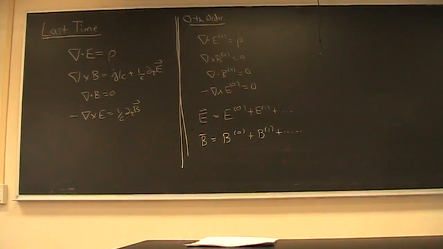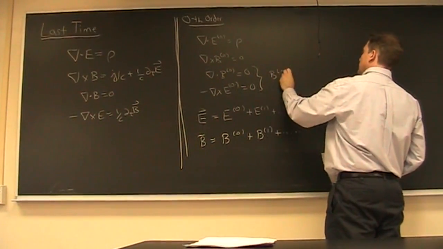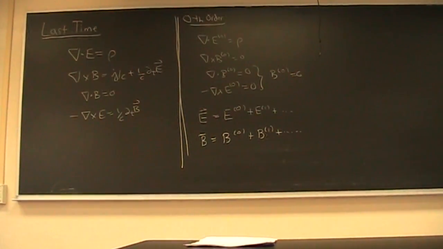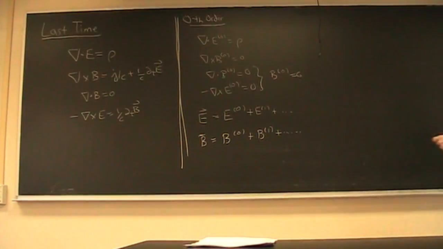Now at 0th order, you can set B equals 0. That's easy enough. Now we should proceed on to 1st order. So at 1st order in 1 over c,